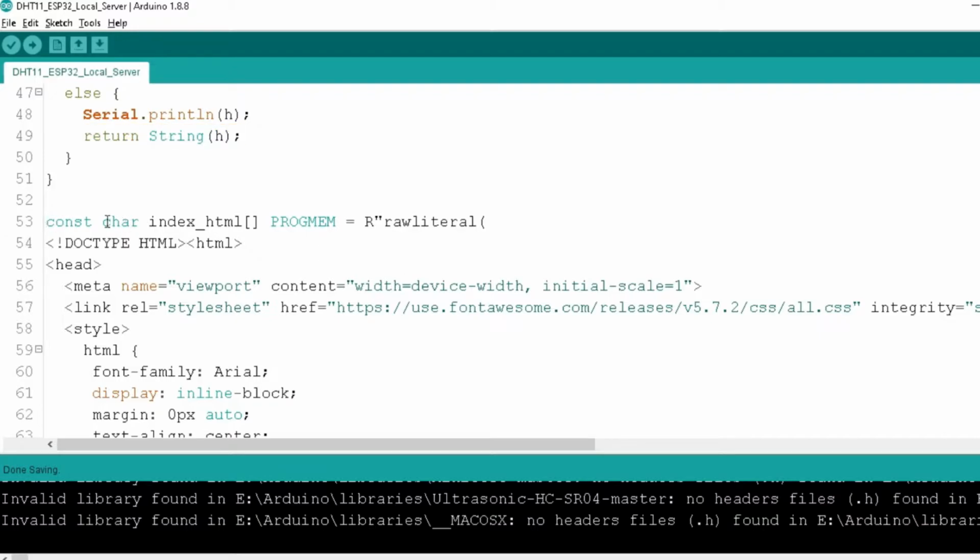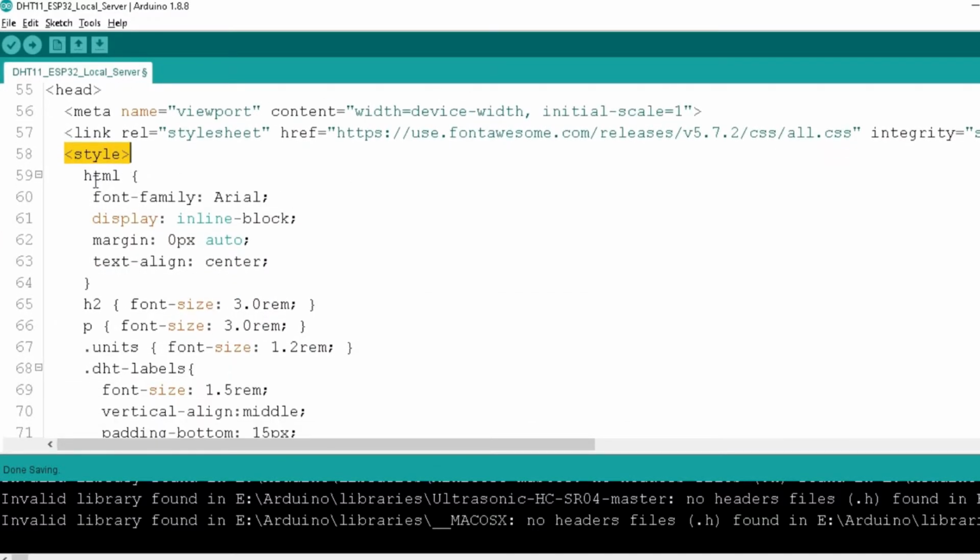Now here is the code to build the web page. We created the index.html to store all the variables. We define doctype HTML. We define the head as the header of the page. We define the meta tag here that is responsible for making the web page responsive so that it can fit to any browser and device. Here the link tag is responsible for downloading and displaying the icon for the humidity and temperature if the internet is available. In the style tag, we define some custom CSS for the web page to look professional.